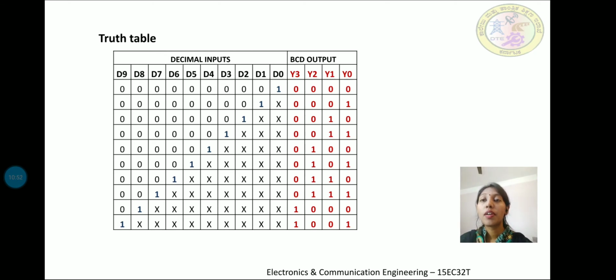that is, the BCD code corresponding to the decimal digit 7 is 0111. The output corresponding to the decimal digit 8 is obtained when D8 is active and D9 is 0. So regardless of the state of lower priority inputs, when D9 is 0 and D8 is high, D8 has the highest priority, so the output code for D8 is obtained as 1000. In the last condition, D9 is active. D9 is the bit having the highest priority out of all the 10 decimal inputs, so when D9 is active, whatever may be the state of the other inputs, the output obtained is 1001.